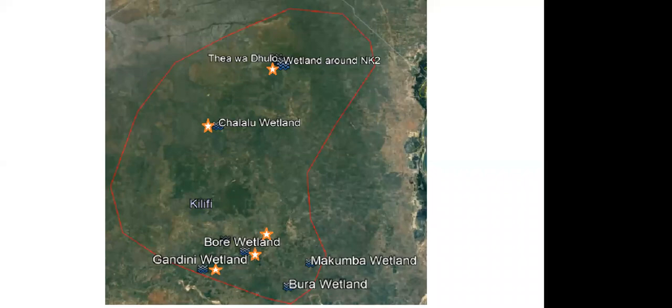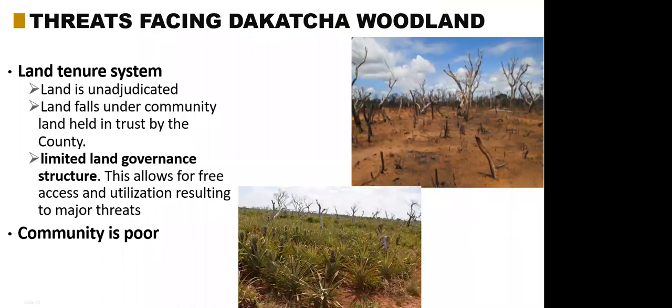And with this, we have been able to move forward towards safeguarding these sites, having had this information at hand. However, Dakatcha woodland is facing significant threats, which are mainly driven by the land tenure system within Dakatcha. A lot of the land is unadjudicated, and within this there is limited land governance structures. Even though as recently as the last 2 years back, this area has been designated as a county forest, that limited land governance structure has not provided a good foundation to be able to stop or to hold the destruction and the clearance of the land within